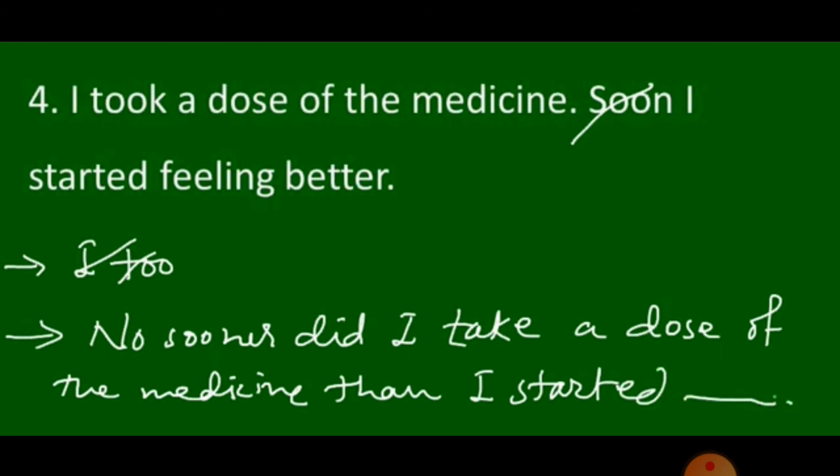Remove the full stop. Now in this sentence again soon is used. See, these types of sentences may also appear. So we cannot write, we have already used no sooner in the beginning. So we need to cut down again the word soon also. That is obvious. If you try to make the sentence with soon, it will not appear correct in any sense.